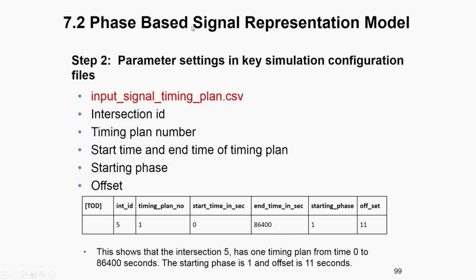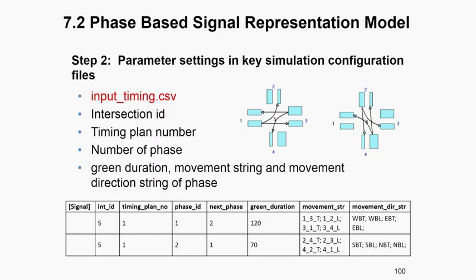In this signal timing plan file, you have the intersection ID, timing plan number, the starting time and the ending time in seconds, the starting phase for this timing plan for this intersection, and also the global offset corresponding to the global clock. Some users might ask me why you have this input signal versus this input signal timing plan. The reason is by using this phase-based signal representation, you can literally incorporate all the different